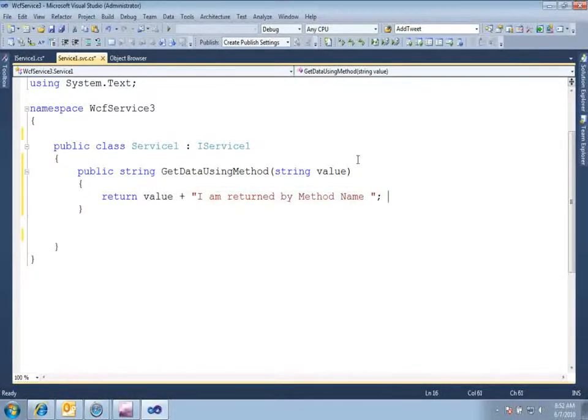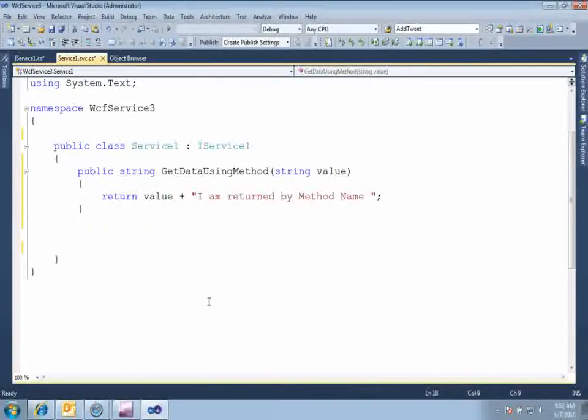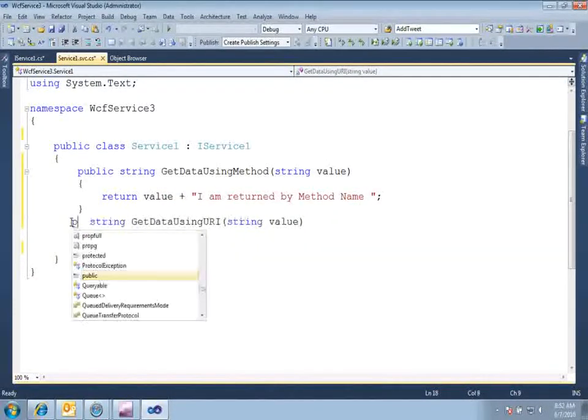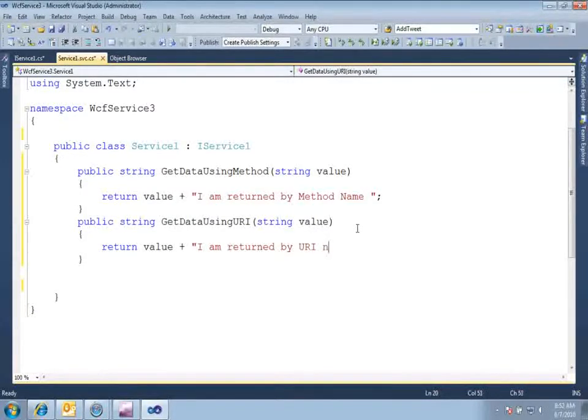Fair enough. Go ahead and implement the other method which we have, this one, and make it again public and say value plus I am returned by URI name.